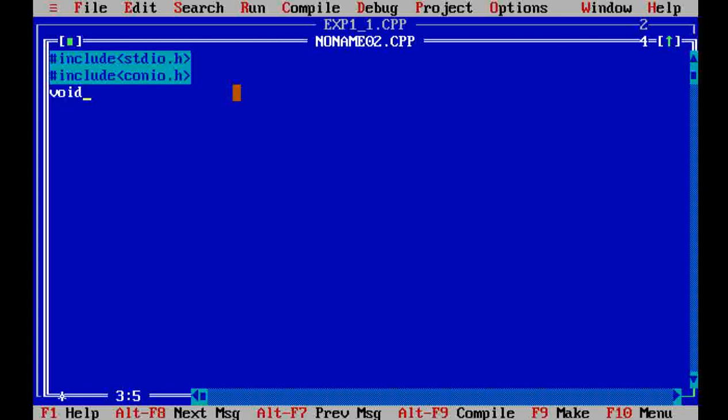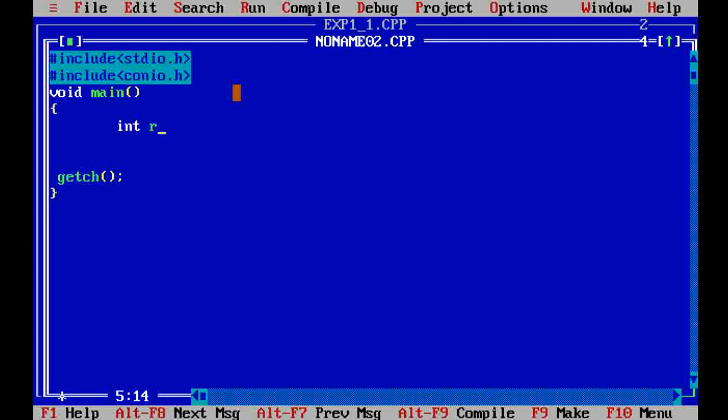Then we write void main, that is the start of the program, and then use getch, that is the end of the program. In between these two we write all the steps and declare all the variables.